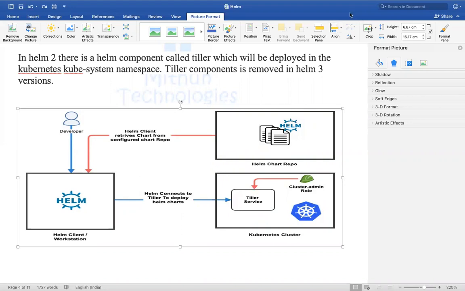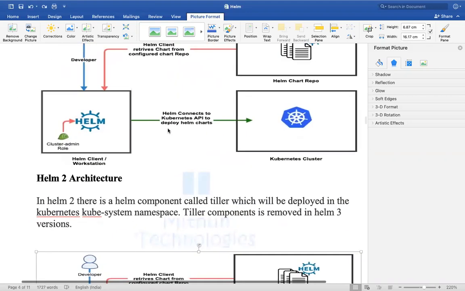How do you facilitate access to the APIs for an application or pod which is running inside the cluster? You will create a service account. You will create a cluster role with all the required permissions, and we will bind that cluster role with the help of a cluster role binding.